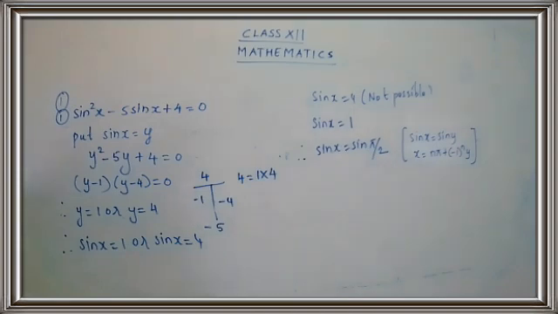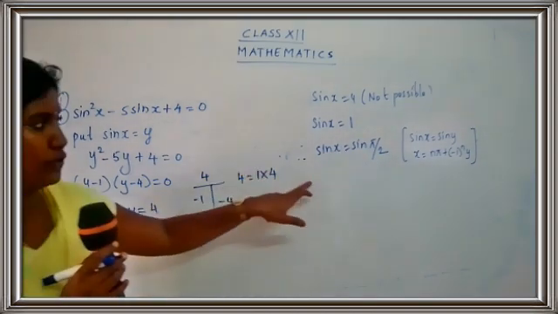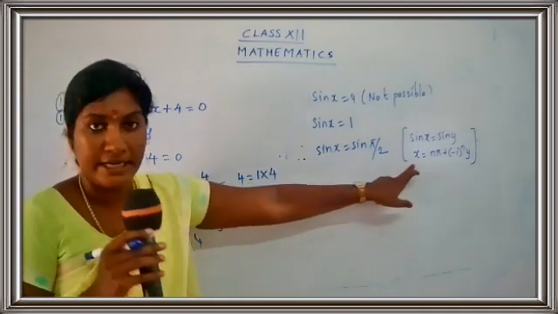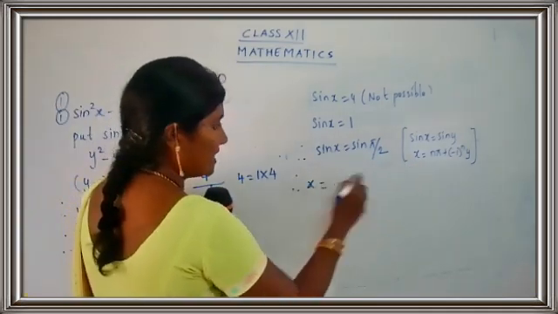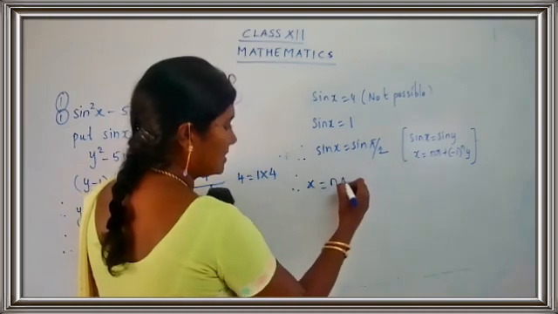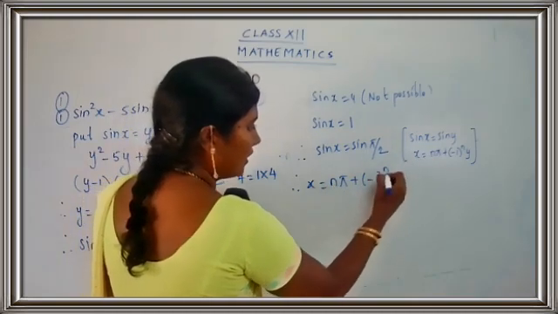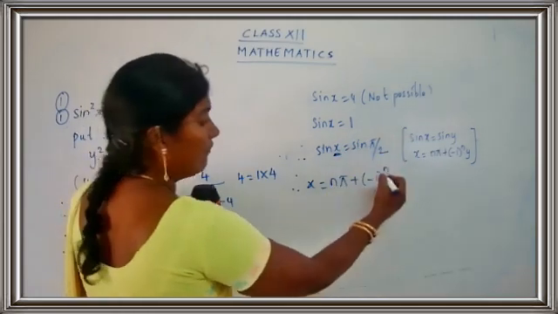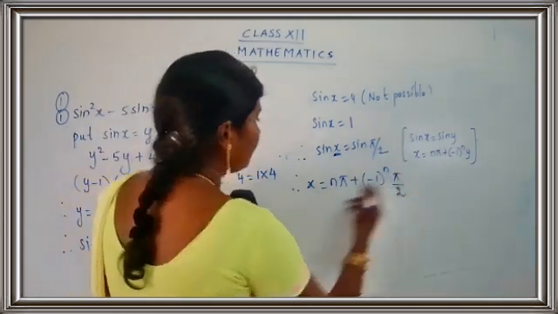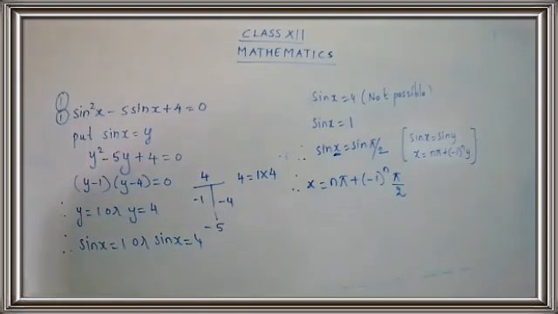So now here what you have is sine x is equal to sine y. So this can be written in this form. So you can write down this is equal to x. So x is equal to n pi as it is plus minus 1 the whole raised to n. What is y here, children? This is x, and in place of y what you have? Pi by 2. So you got n pi plus minus 1 the whole raised to n pi by 2.